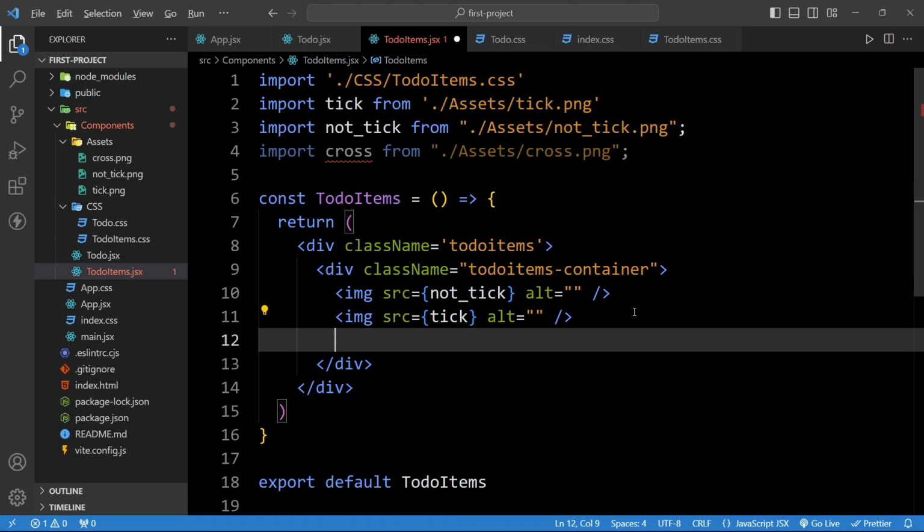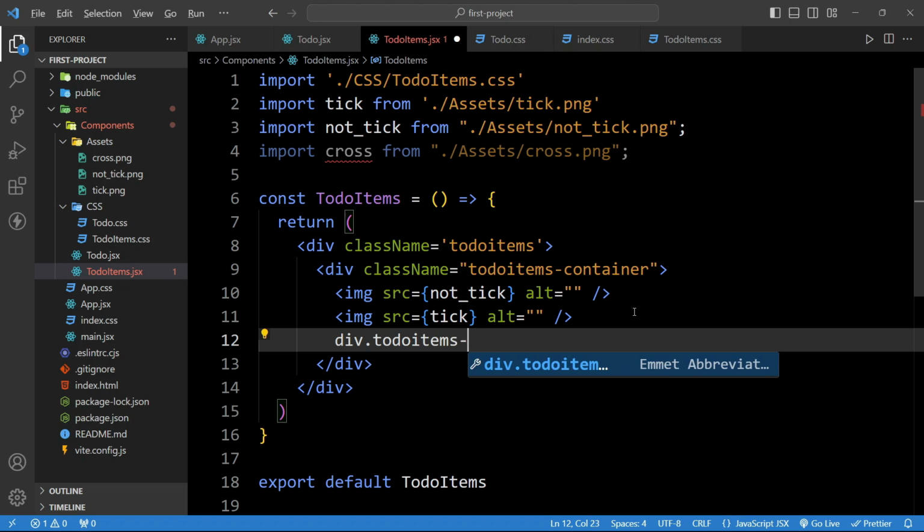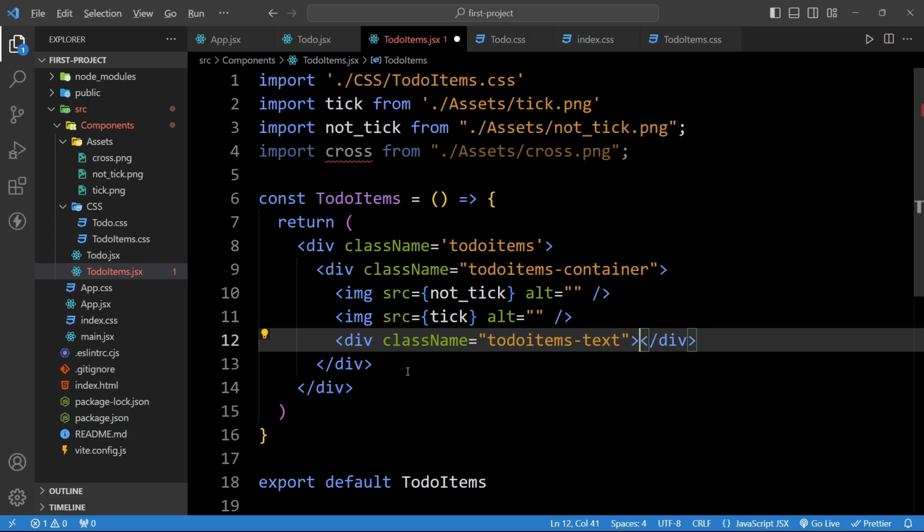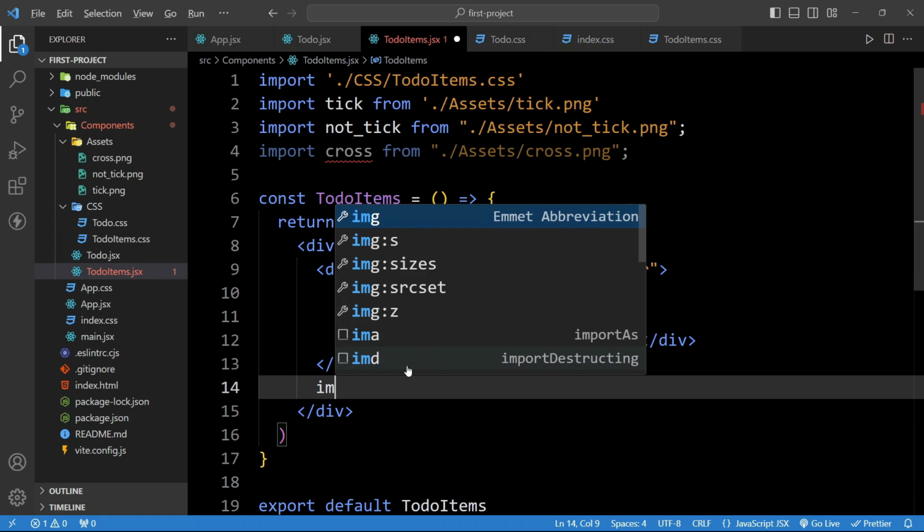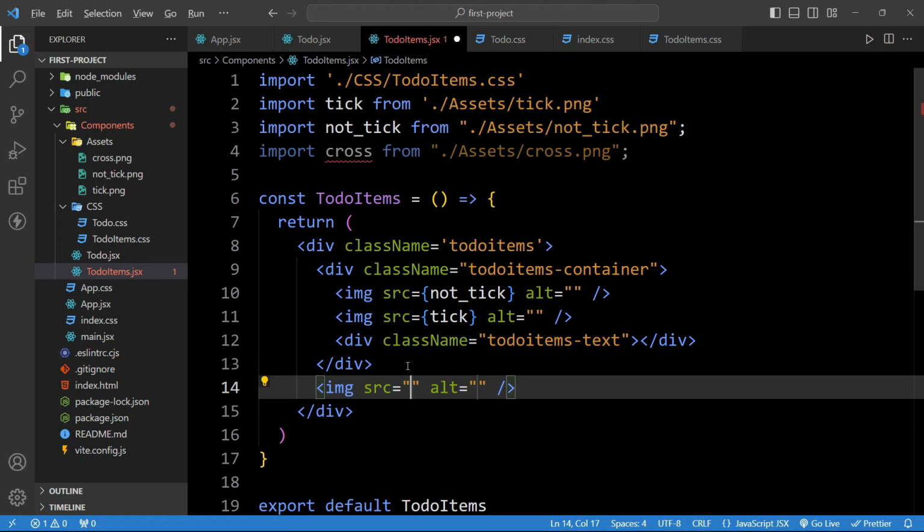After that we will create one div and we will provide the class name to-do items text. After this div we will insert one image tag, and in this image tag we will use cross icon. Now we will save it,